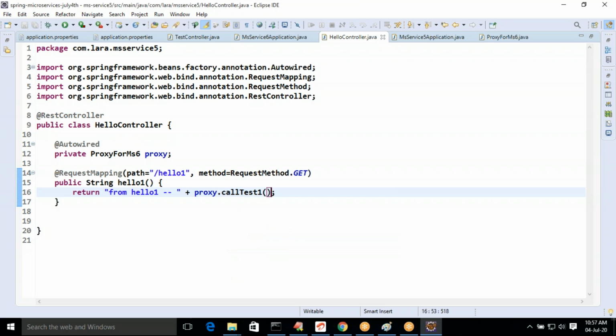This step is pending. Please try to restart MS Service 5. Even though it already started, we were not using the proxy from hello one.